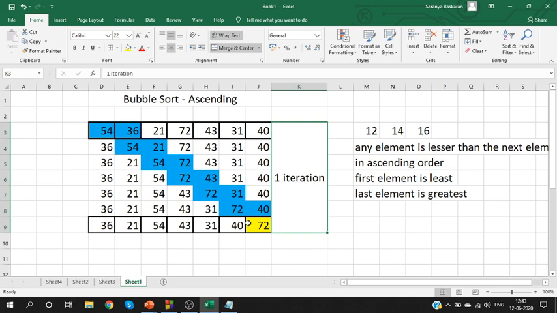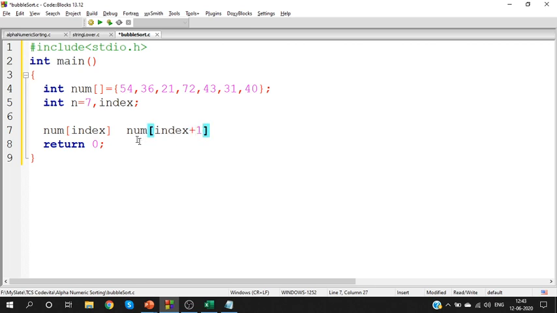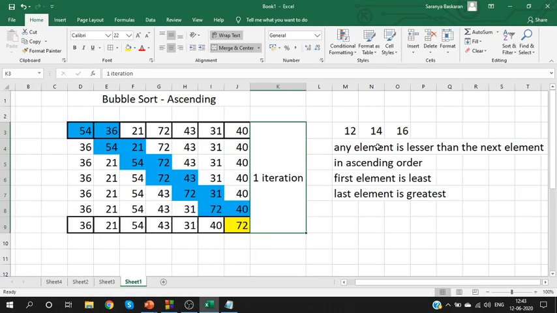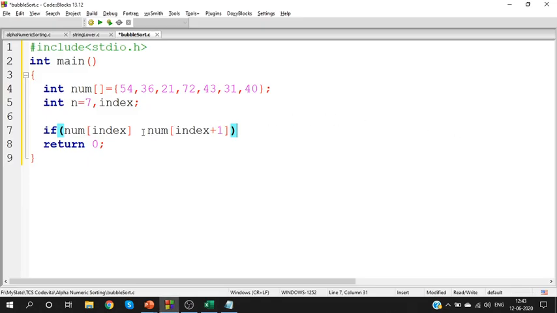So here what are we doing? We are taking one element and comparing it with the next element. How can I write it? Taking an element means num of index is compared with the next one, num of index plus 1. The element should be lesser than the next element.